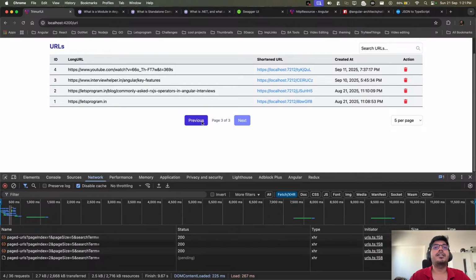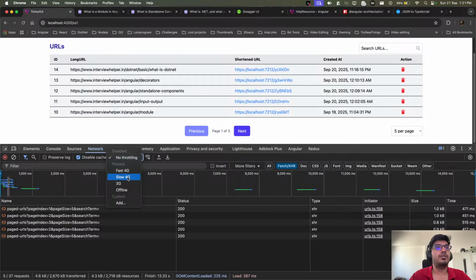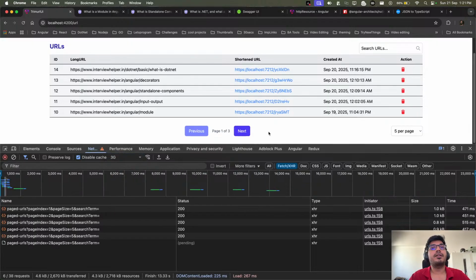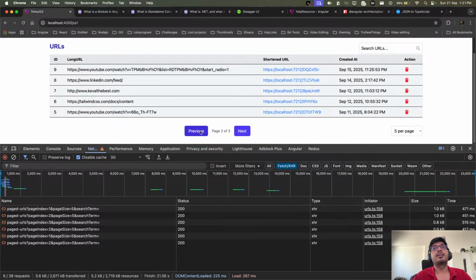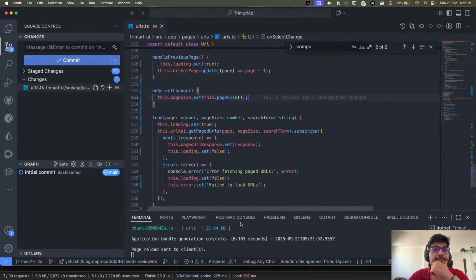I think it's because of the data, I guess it's just fast. Let's see, let me do some throttling here. I can put it to 3G. Yeah, there is something wrong, because when it is in pending state, I want to show that the loading should come, but it is not showing, so we need to somehow fix it. Let's see how we can fix that. So whenever the page calls, we need to put a loading state that should do the job, and once the data is loaded we can set them to null, right?